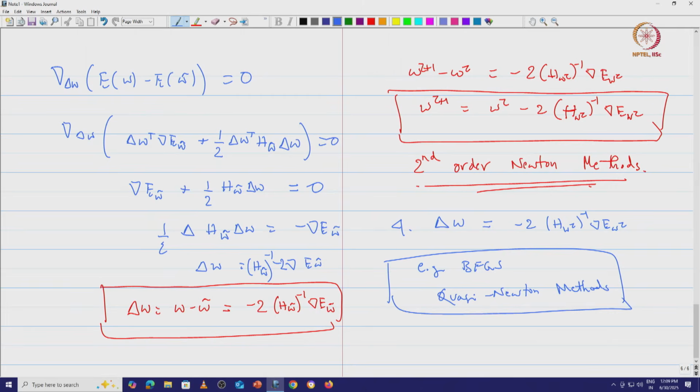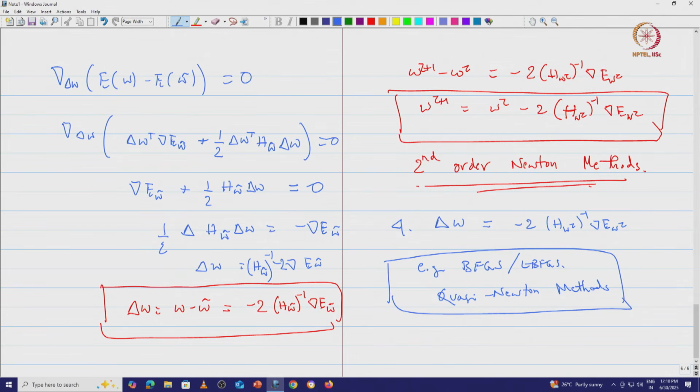They are called quasi-Newton methods, and LBFGS is again a quasi-Newton method, but it has different ways of using the memory and other computational aspects. So BFGS and LBFGS are examples of quasi-Newton methods which are built on the second order Newton methods. There are some more variations in those algorithms compared to the one that we have arrived at today in this lecture. So these are the variants of the gradient descent algorithm.